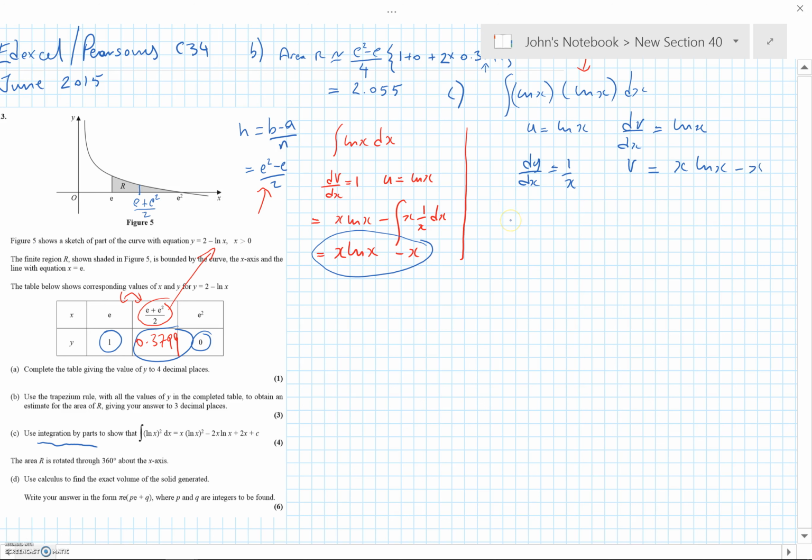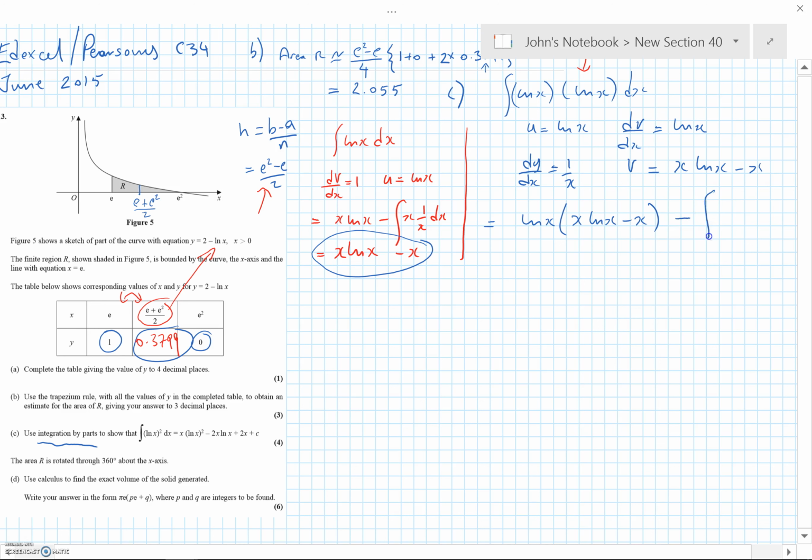I can put that into my integration by parts formula. So that is equal to uv, so that's ln x times x ln x minus x,